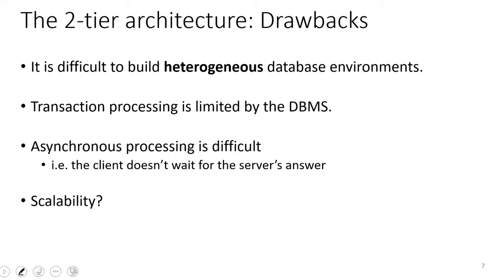But one of the problems that we may face with building these type of two-tier architectures is we are going to be relying on only one type of possibility. We are going to have only one type of database, so the backend is going to be fairly fixed because there is only one possibility there. But one of the more important issues is we are going to be limited by the things that can be done by the